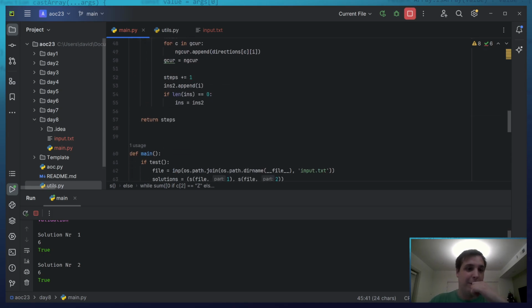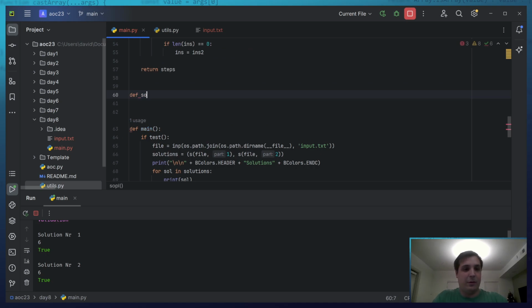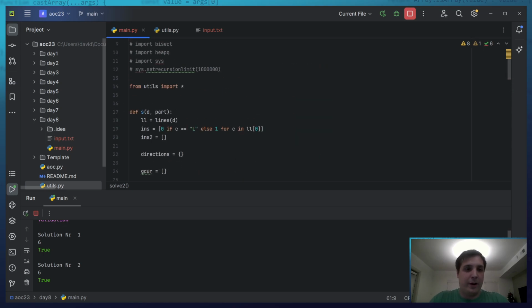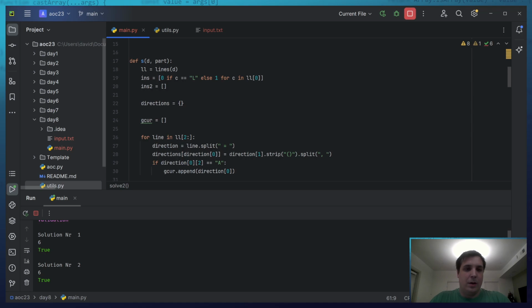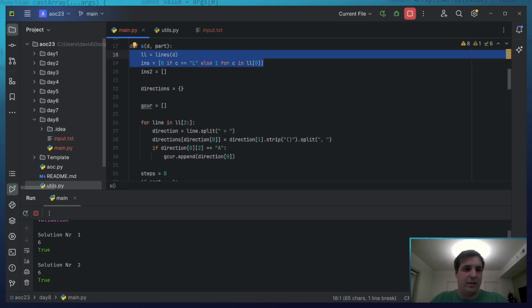I'm going to write now a second solve. Def solve2 with D. Okay, and I'm going to start writing stuff in it. I want the instructions still.